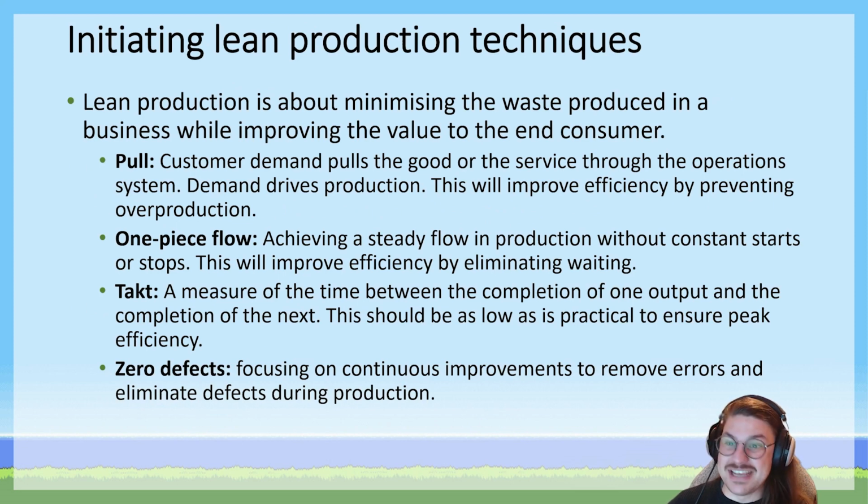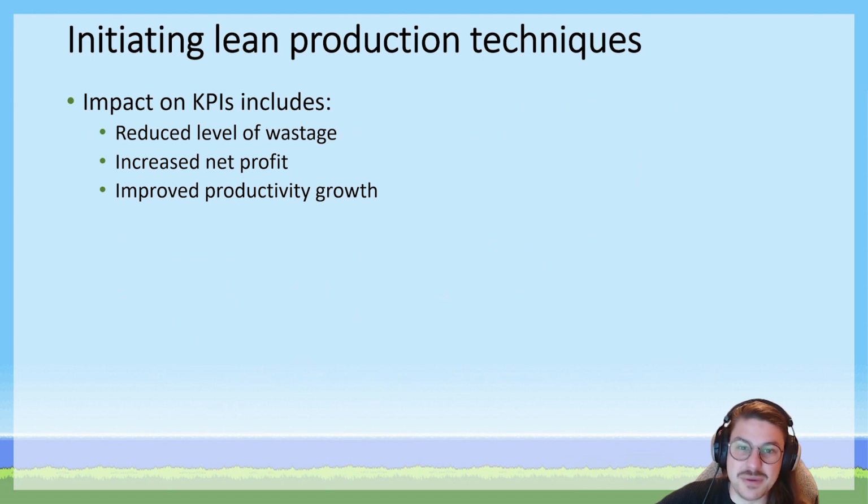We talked a lot about lean management. If it didn't count as cost cutting, it definitely counts as waste reducing, which in a way is going to be cost cutting. But I'll remind you that there were 4 principles of lean management: pull, one-piece flow, takt, and 0 defects. POTS is the acronym that we like to use to remember that. And if you implement lean management in your business, you're absolutely going to see a reduction in the level of wastage, and then the flow-on effects of an increase in profit and improved productivity as a result of those efficiency